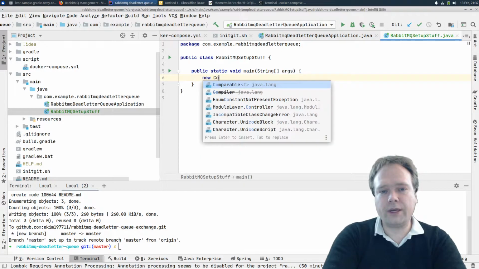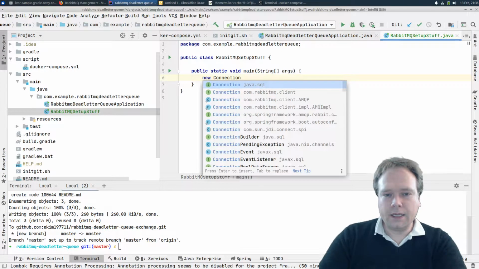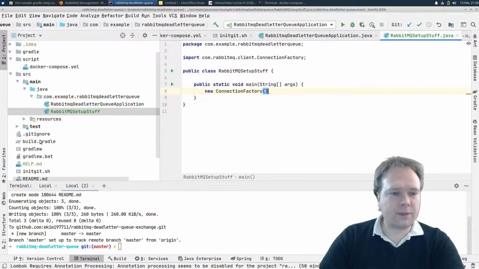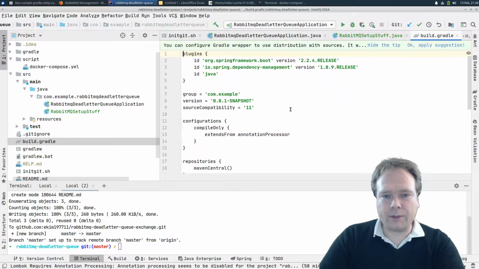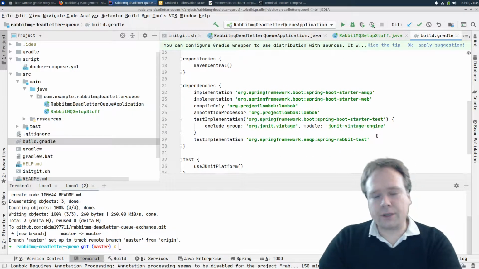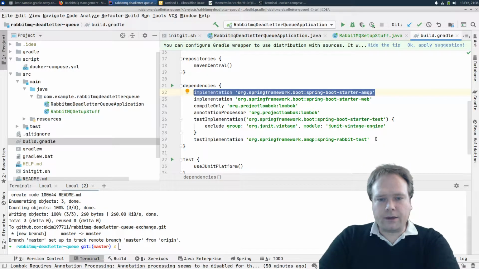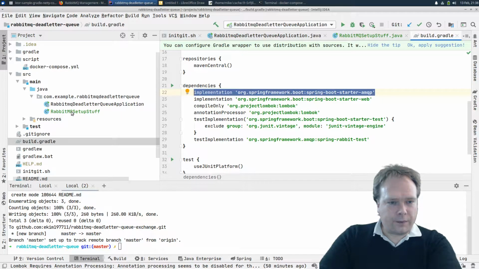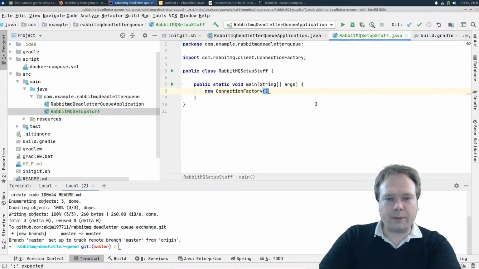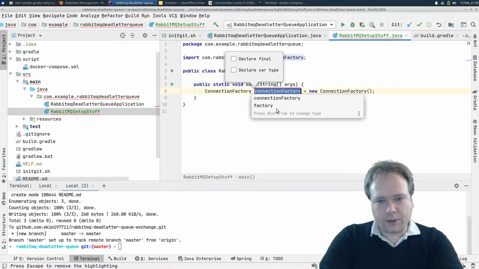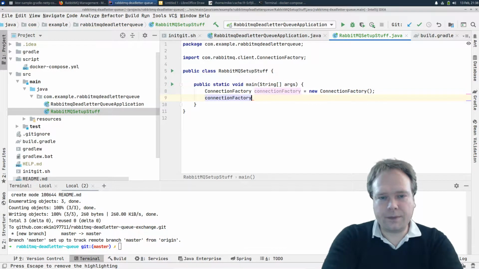What I want to do is create a new connection factory. A connection factory is something specific to RabbitMQ. The reason why I have this class is because I have the RabbitMQ dependency in my build.gradle file. If you're using Maven, then you will have it in your pom.xml file instead, of course. But I have this starter AMQP right here. That is Spring's RabbitMQ, and they have also wrapped the primary libraries for handling RabbitMQ. And in here we have the connection factory, which is right there. So I'm going to create a connection factory right there,